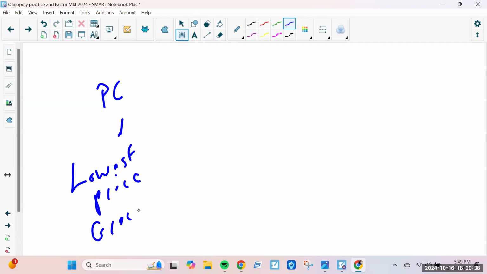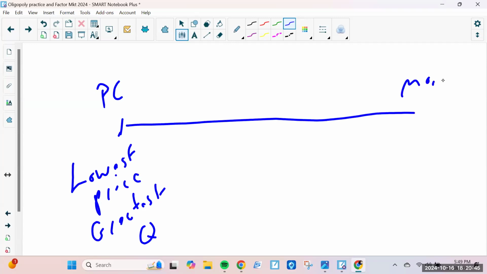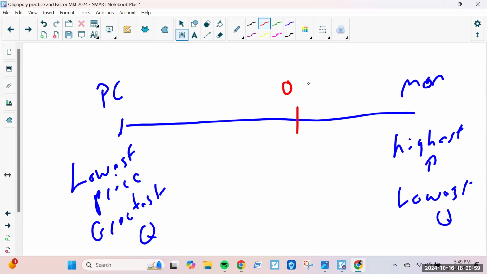So if you look at the stuff that we've learned, you've got perfect competition over here. Perfect competition has the lowest price and the greatest quantity. Way over here at the other end of the spectrum, you've got monopoly. Okay, monopolies, remember, they're price makers. They're going to have the highest price and they're going to offer the lowest quantity because that's profit maximized for them. In between those, right here is going to be oligopoly, and right here is going to be monopolistic